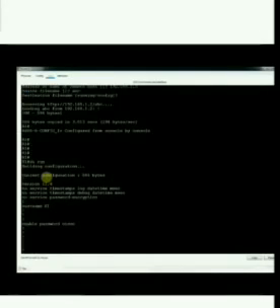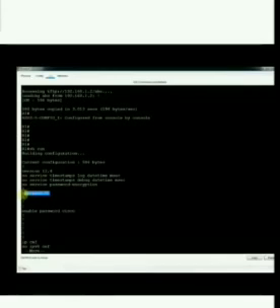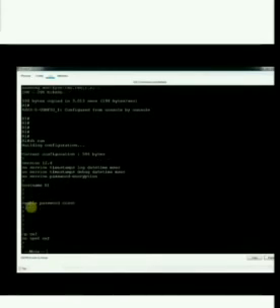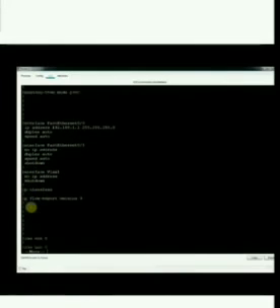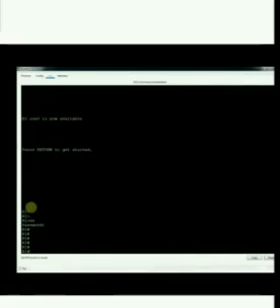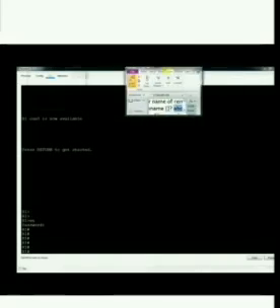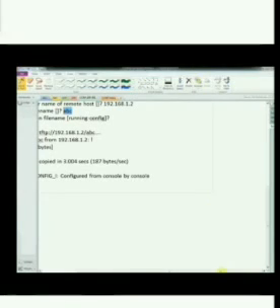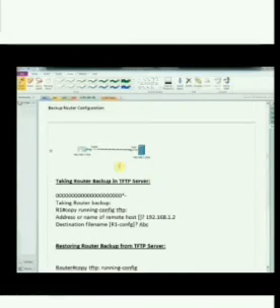It asks for the host address, the server IP address, so I write 192.168.1.2 and press enter. It will ask for the source file name which we are going to take from the server. We know that file name is ABC. We write ABC, press enter, and for the destination, press enter.